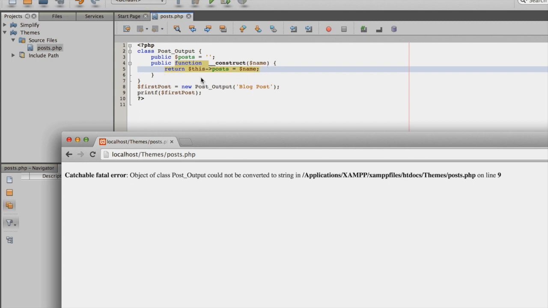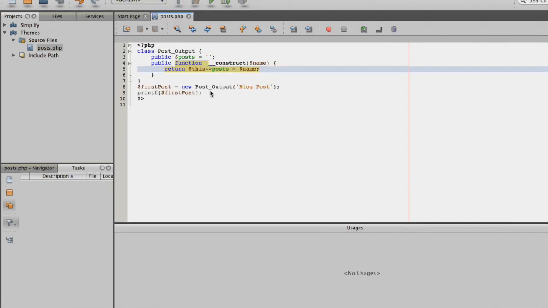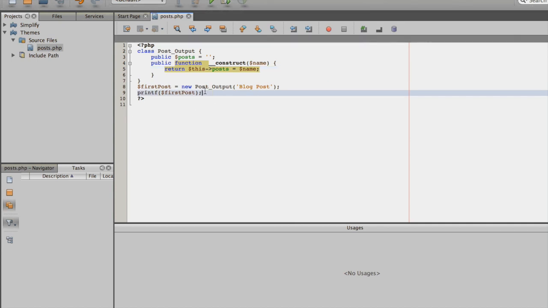So the object that we have created is from a class, and it has got its own type. The type that we know is the object has its own type, that is known also as object. Now an object cannot be converted to a string directly. So a solution to this problem is that we simply need to change